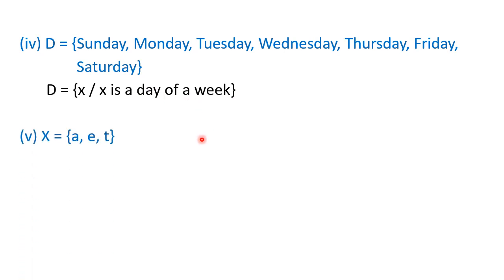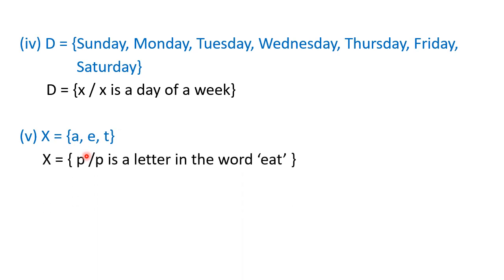And the next one or the last one here, again you will find that here the letters are given and from these you have to prepare a meaningful word. So here you can prepare 3 different words. See, T-E-A you can prepare, E-A-T eat you can prepare, or A-T-E ate you can prepare. So any word, one word you can write down. That here P is a letter from the word eat. So either you take eat or you take ate or you take tea. So any word you can write here. Then you are correct. Okay. I have taken eat. You may take tea also.